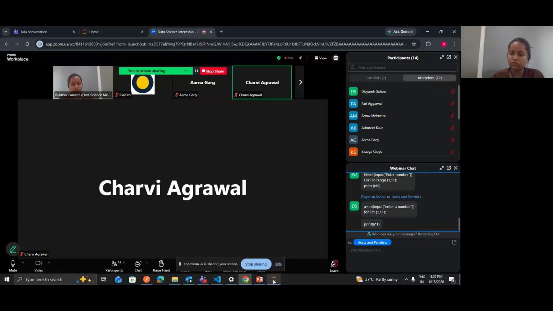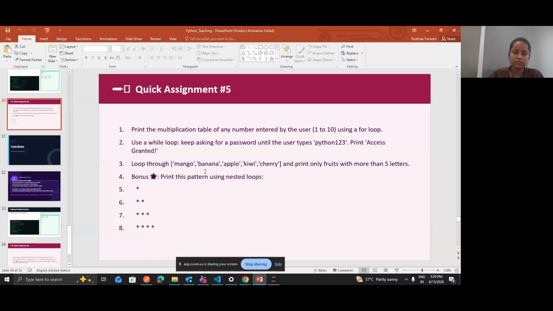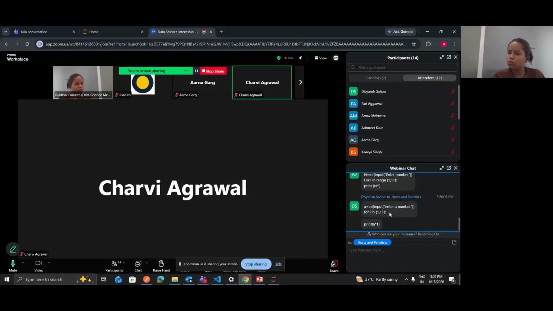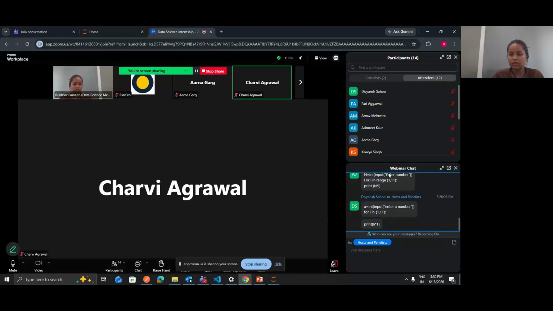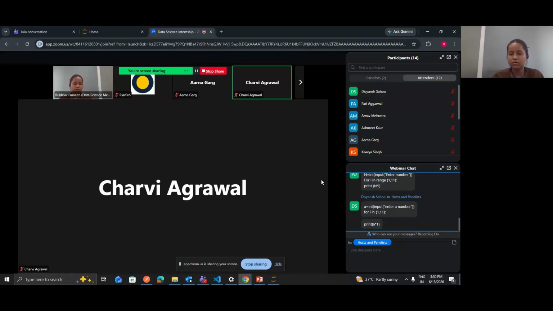Okay, let's move to the second question, which is use a while loop. Before moving to the second question, do one thing. Instead of using this for loop, try to use a while loop and print the table of any number. Take the number as an input from the user and try to print the table.